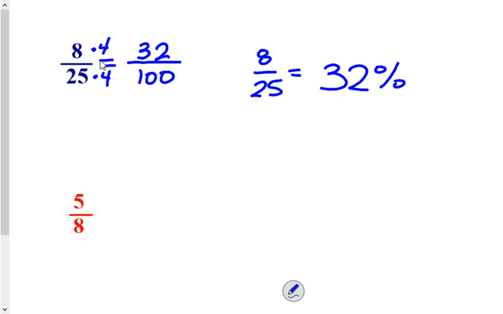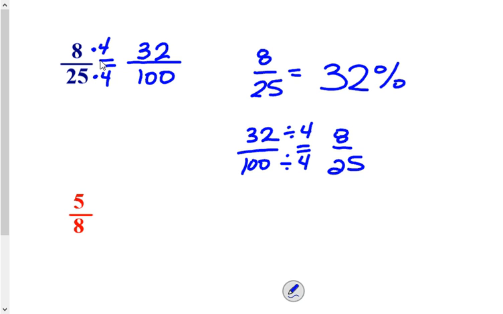Now, if I wanted to check that, I could say, well, percents are always out of 100, so 32% means 32 out of 100. Does 32 out of 100 simplify to 8/25? Yeah, it does, because I just divide by 4, both top and bottom. All right,